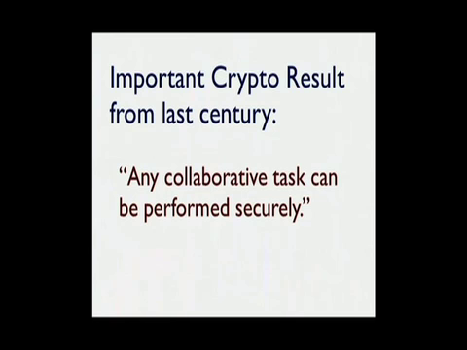Now I'm going to describe what I mean by collaborative task a little bit more formally later, but essentially it's if I have some input X and you have some input Y, by collaborative task we basically want to compute some function f of x comma y. So it might be the case that we'd like to learn which of us is older. It might be the case that we are in an auction and we both have private bids on this wonderful statue, and we would like to run an auction such that we can determine who the winner is without revealing anything about our personal opinion about this wonderful sculpture. Okay, so